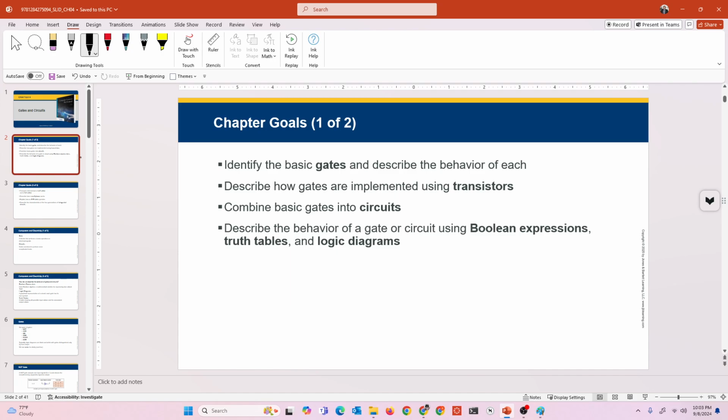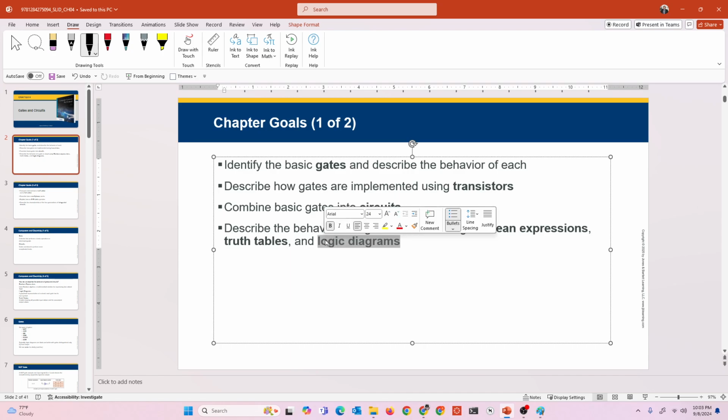So we're going to describe how gates are implemented using transistors. We're going to combine basic gates into circuits and describe the behavior of gates and circuits using Boolean expressions, truth tables, and logic diagrams. We will go a little bit more into just the logic diagrams. I will show you some things that you can do some research and know a little bit more about them